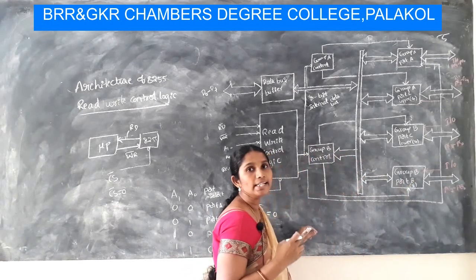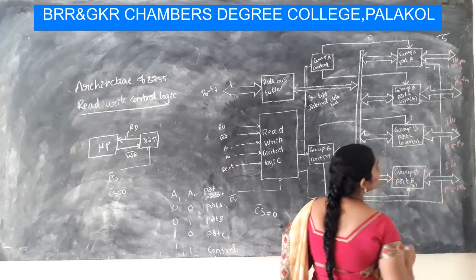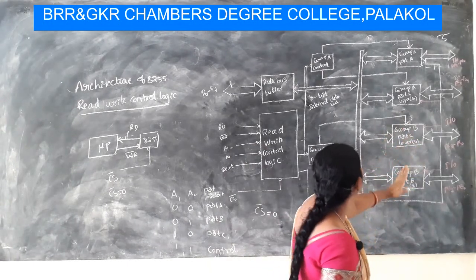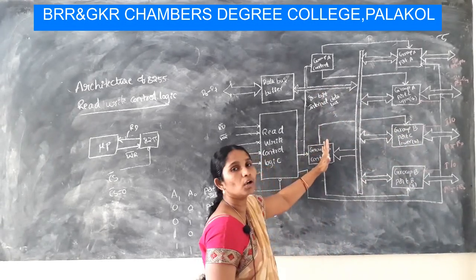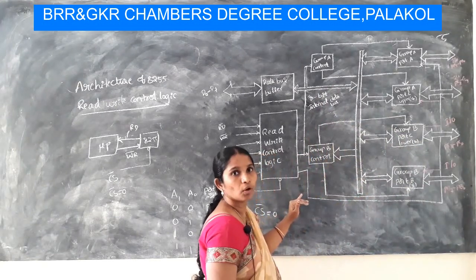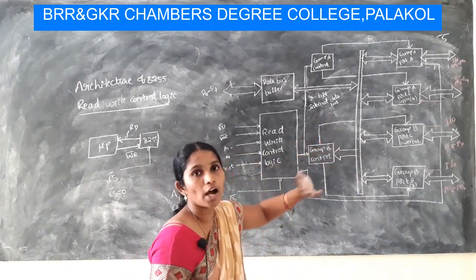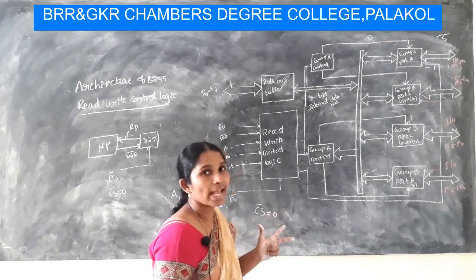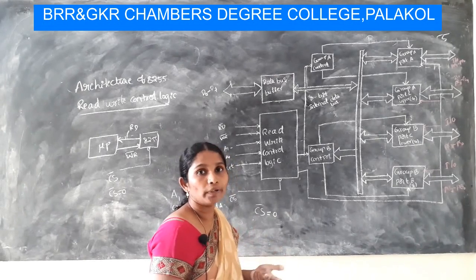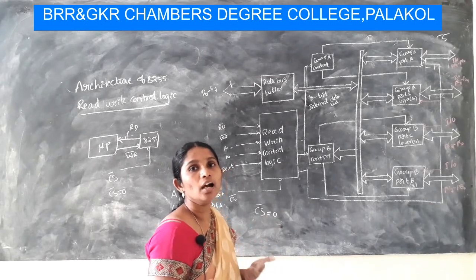And here group B is also associated with port B. So port B has 8 lines, PB0 to PB7. Therefore, likewise these ports are associated with the corresponding group A and group B. So likewise the architecture operates. One thing you have to understand is that port A, port B and port C are used as input and output ports. Depending upon the modes of operation of the 8255, these ports act as an input port or an output port.